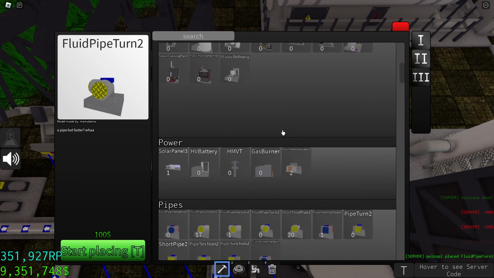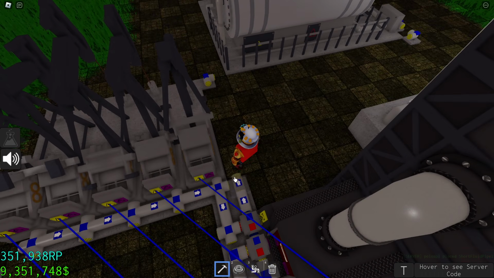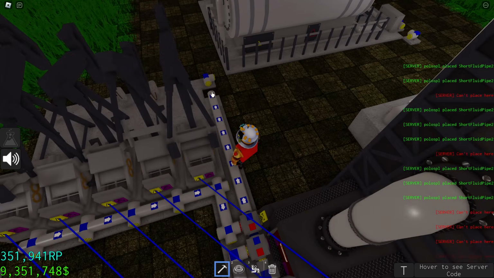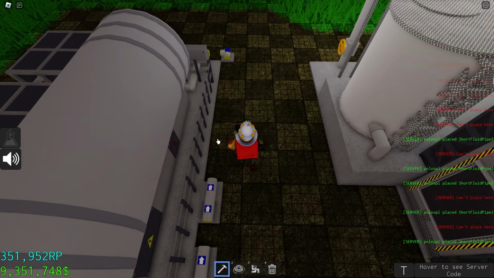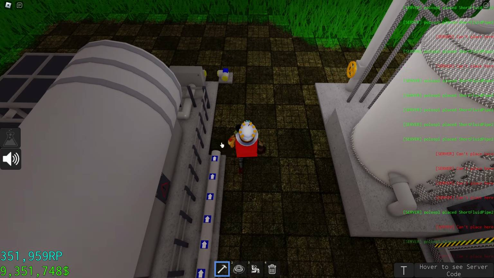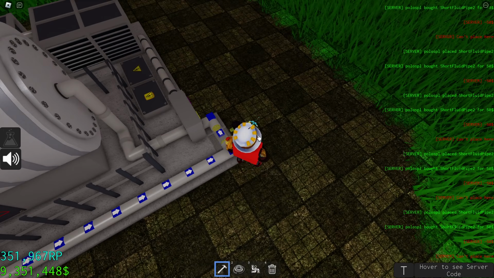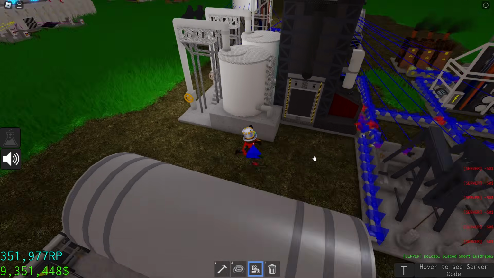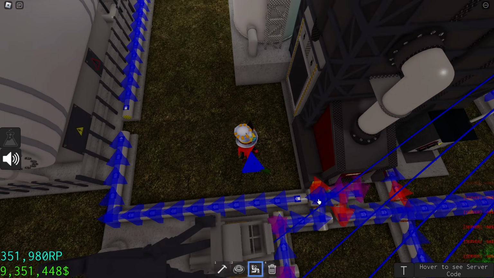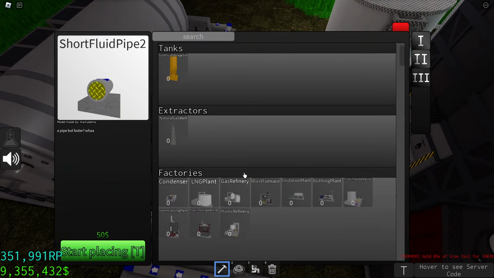So the ethylene output from the steam cracking plant into the ethylene input on the oxidation plant. Very simply, just like that. Now I'm going to connect the blue intersection into the pipeline.